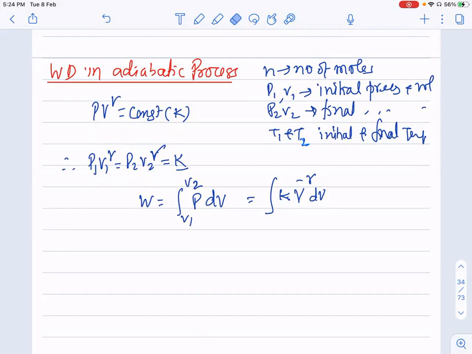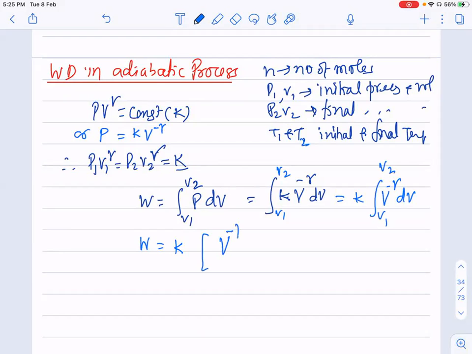तो दिस वी कैन यूज द प्रेशर K V to the power minus gamma, ठीक है। तो वी नो वर्क डन इज ∫P dV लिमिट V1 टू V2। P की वैल्यू ये वाली हमने P की वैल्यू यहाँ पुट कर दी, लिमिट लिख देंगे V1 टू V2। K को बाहर निकाल लीजिए, K इज द कांस्टेंट, V टू द पावर माइनस गामा dV, V1 टू V2, क्या आएगा बोलिए, K तो बाहर है, V टू द पावर माइनस गामा का क्या होगा इंटीग्रेशन,